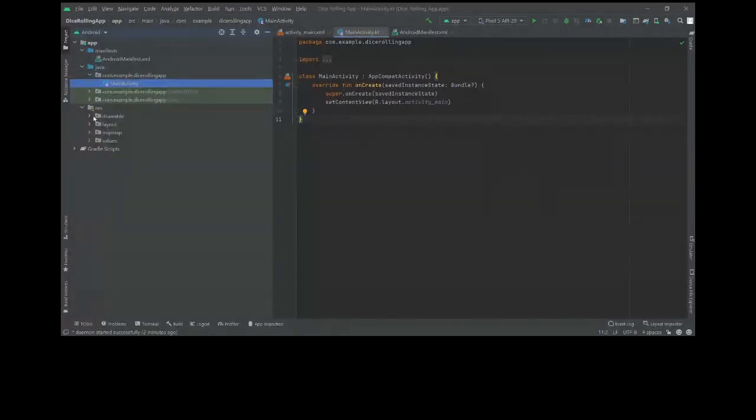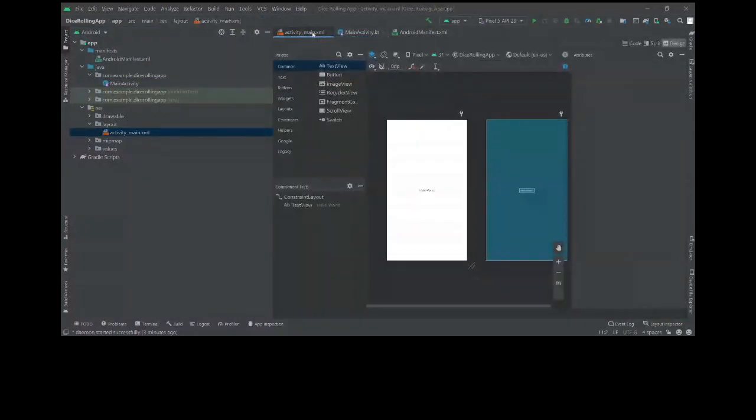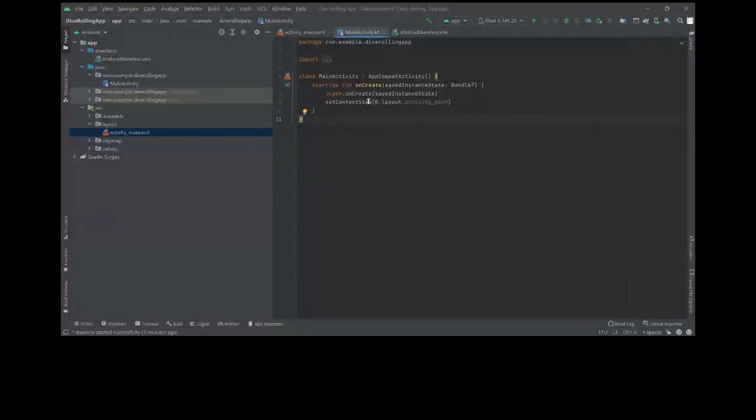So this is the part where you define the UI of your application. Like we have a layout. Every activity, like this main activity, has a layout file with it. As you can see, we set content view. This function adds, or attaches, this layout to your main activity. Every activity will have a layout, and all the layouts are stored under this layout folder.